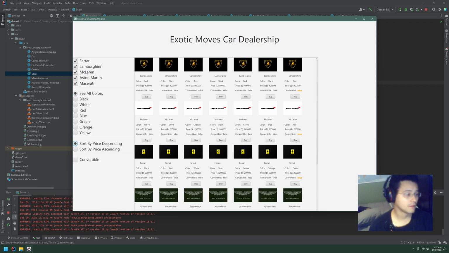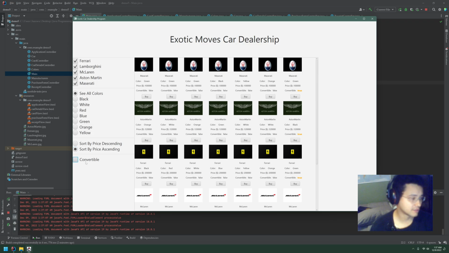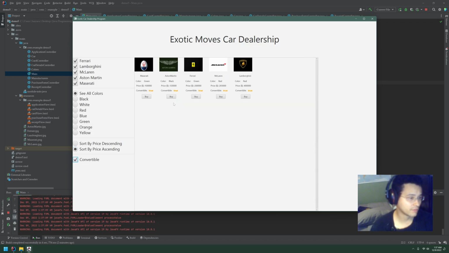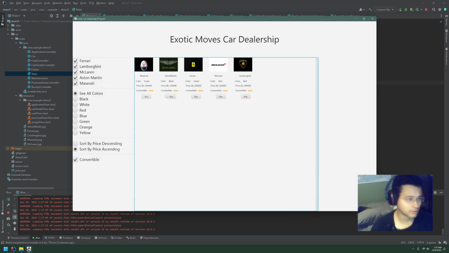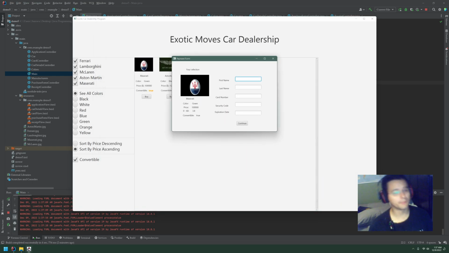Anyway, you can sort by ascending or descending. Descending sets the Lamborghinis at the top. Price by ascending sets the Maseratis at the top. We can also sort by convertibles. We have one of each, and we have the convertible variable highlighted as true. If we click on it, again, it shows the details. The object number is number 32. If we click on buy,